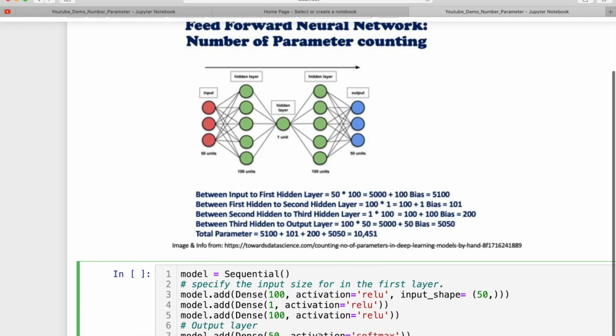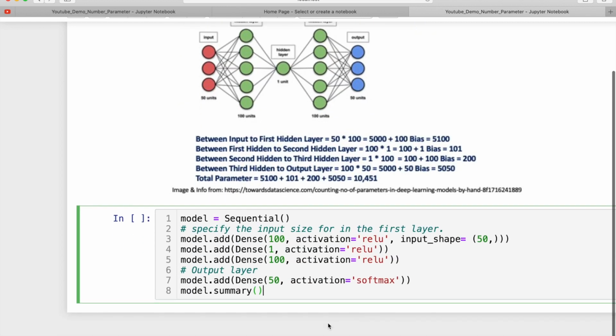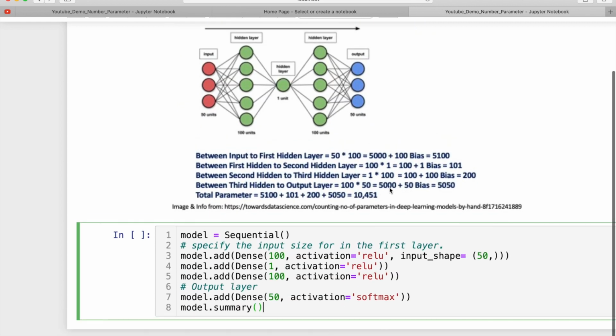We can see the same thing through this code. In the code, I took the input 50 and made the first hidden layer 100, so I put 100 here. Next I kept another dense 100, and the output is 50.